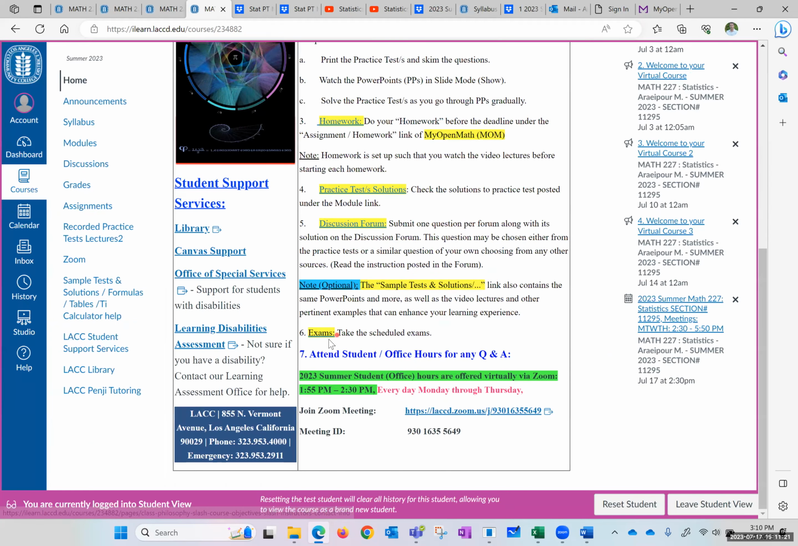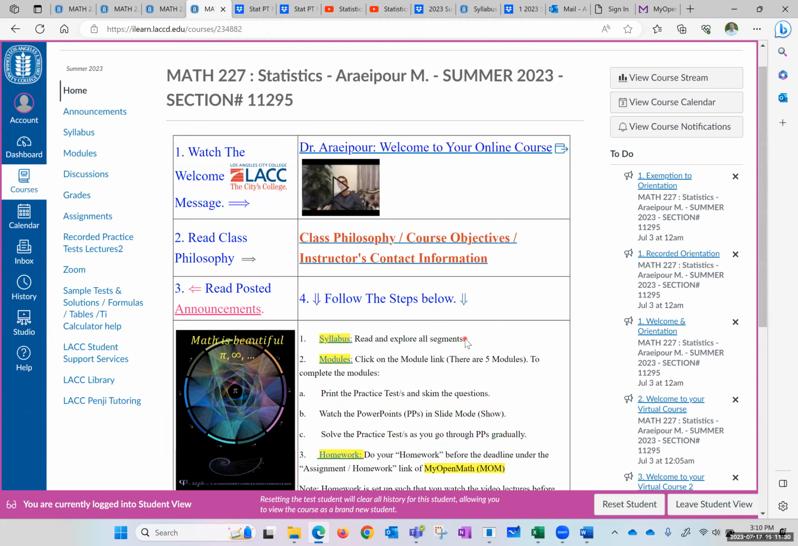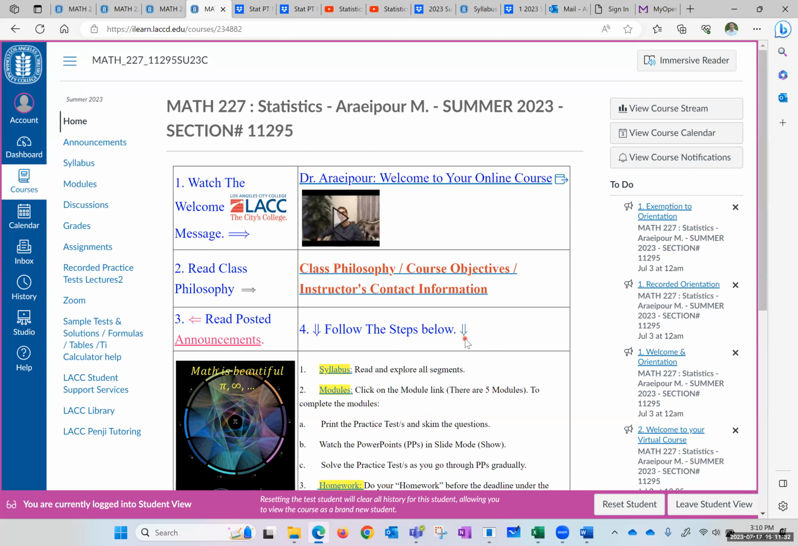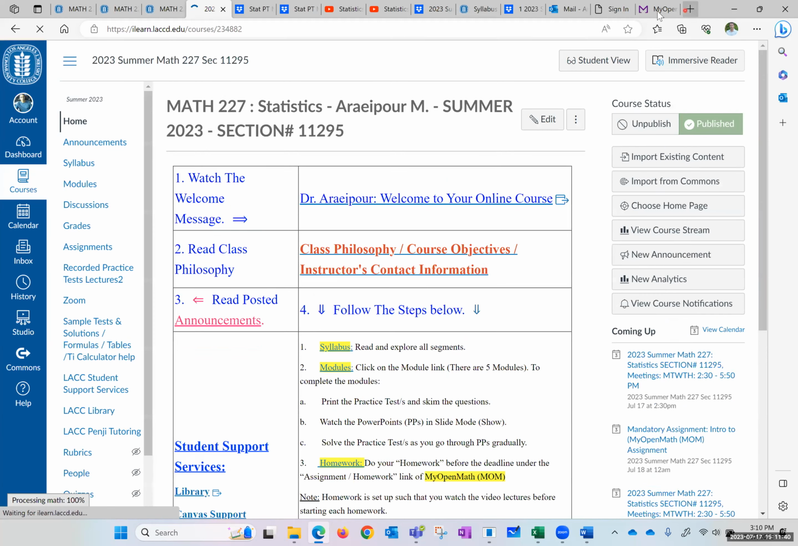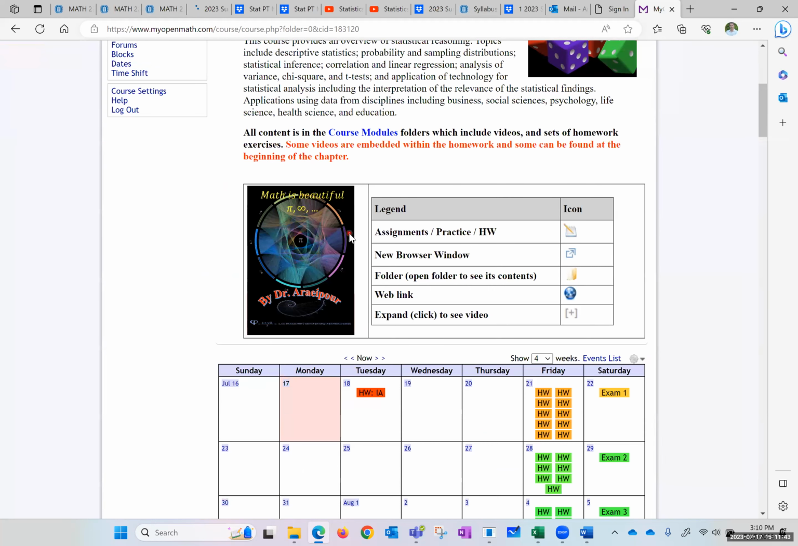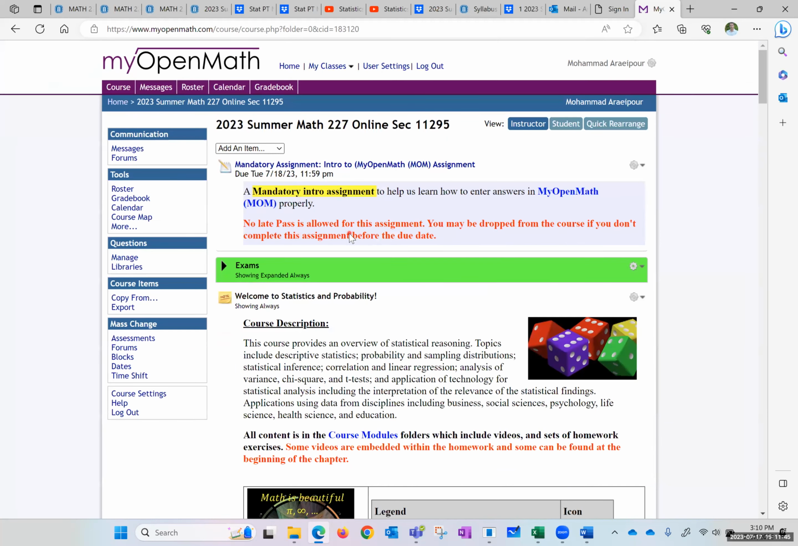And so take the exams again using the modules under the modules and my open math and the office hours. So what is left for me is to explain to you about my open math. So let's do this. And as far as my open math is concerned, everybody,